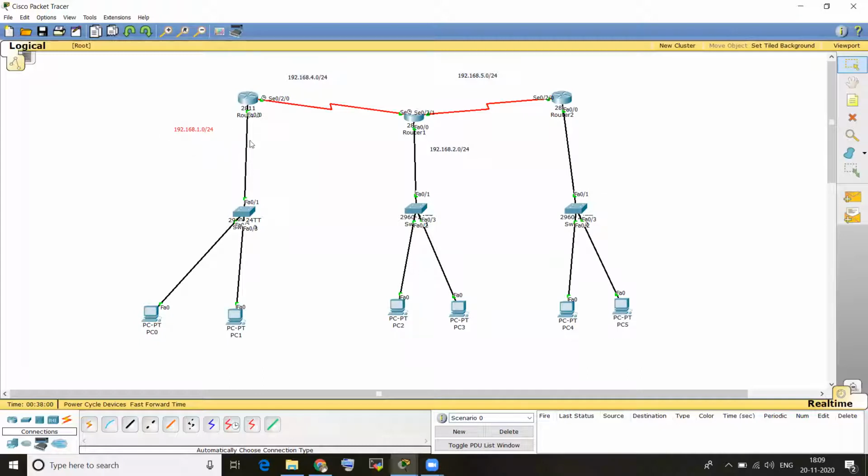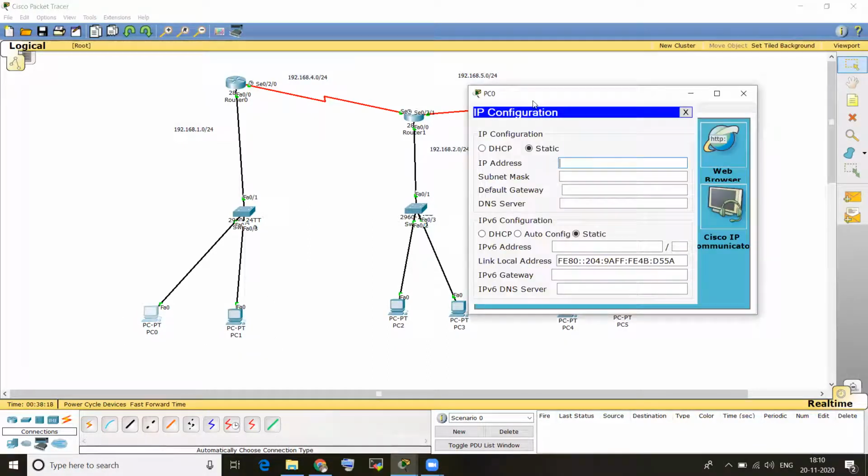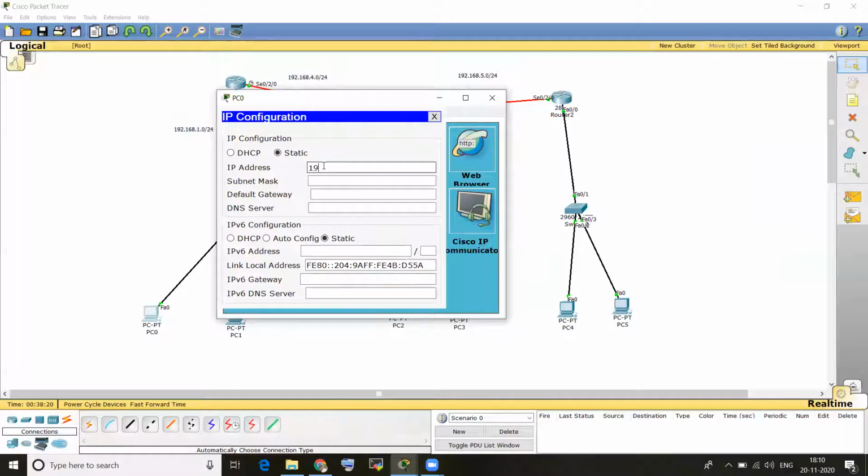So this total network is the 192.168.1.0 network. Here we already assigned this end 192.168.1.1. So this one we are taking as 192.168.1.2, and here we are taking 192.168.1.3. So for the first one, 192.168.1.2, tab, the subnet mask for /24 is 255.255.255.0.